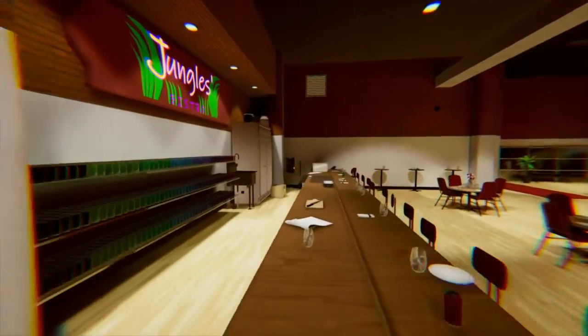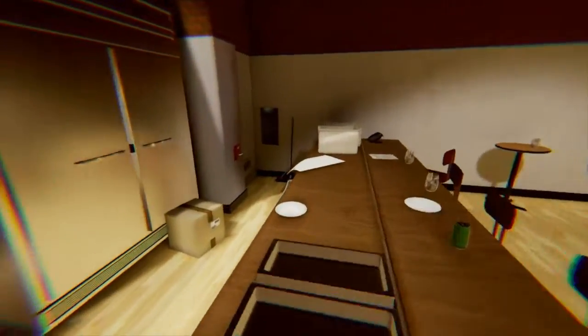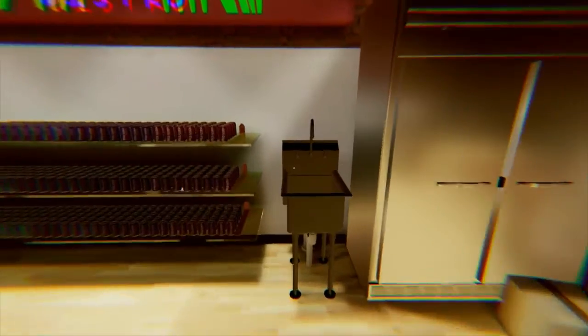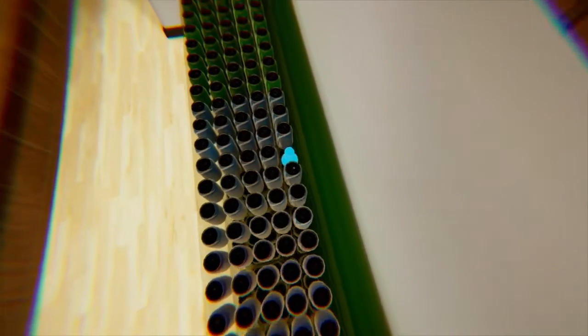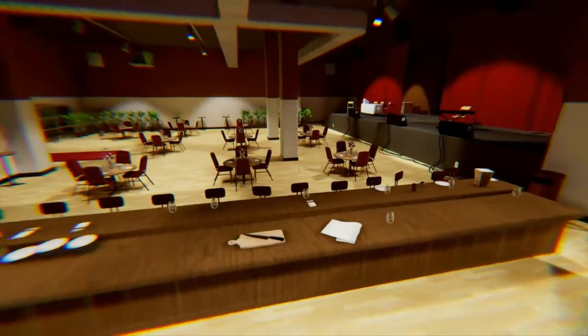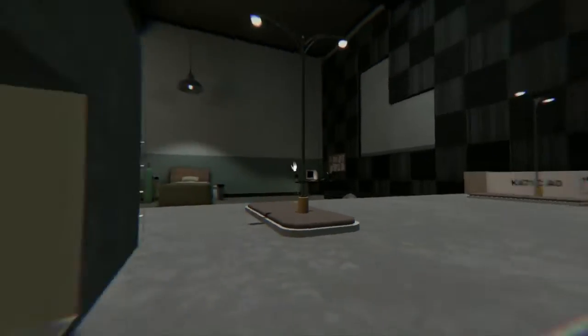So, in the back of the bar, right next to this sink here, we have a lot of glasses and soda cans, and hidden very well behind all these soda cans is your next collectible chess piece. Once you got that, head on out of the model